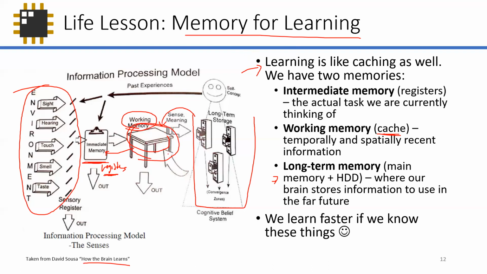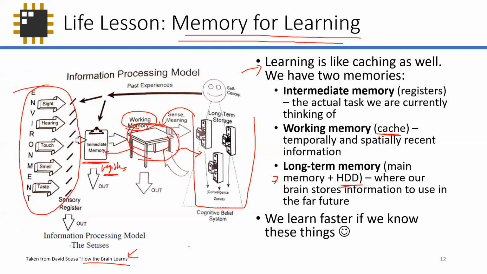But then inside your data memory, you're also accessing data from a larger memory, whether it comes from the main memory or the hard drive. Okay. So the nice thing about it is that this guy is not a computer scientist nor a computer engineer, but he's a psychologist and a neuroscientist. And the very nice thing about it is that memory, essentially the caching method, is very close to our